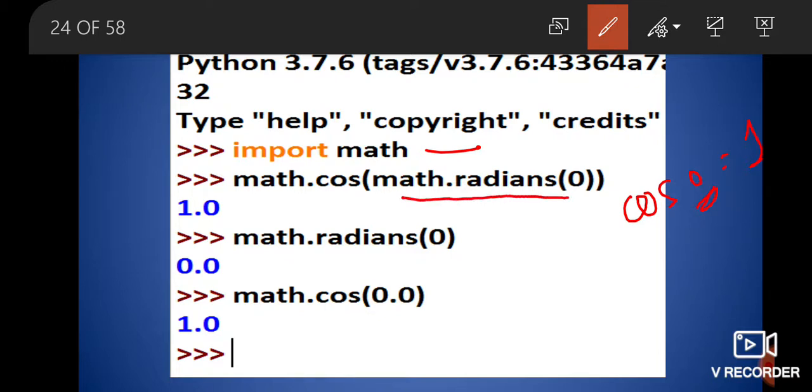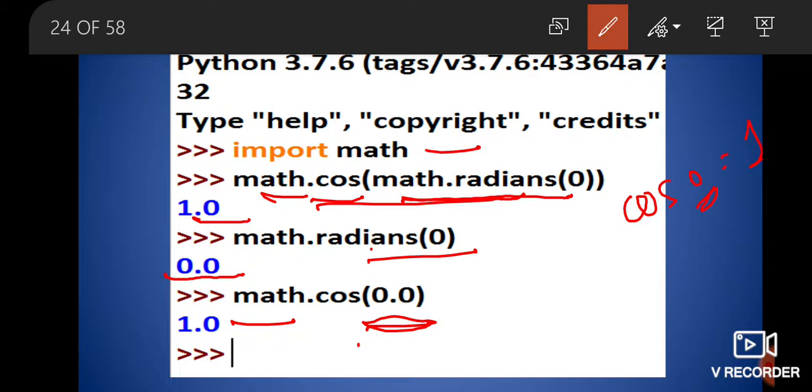So I made use of this function, and then I provided the result of this. Means after converting 0 degrees into radians, then I provided this to the cos function, and I am getting the correct result. Now here I have shown you कि 0 डिग्री को अगर हम रेडियंस में कन्वर्ट करेंगे तो आंसर क्या आता है। तो देखिए 0 डिग्रीज are represented as 0.0 radians। तो जब मैंने 0.0 डायरेक्टली दे दिया, तब भी मुझे वही आंसर मिल रहा है जो मुझे यहाँ मिला था। तो इसका मतलब आप इनको 2 स्टेप में करने की जगह एक ही स्टेप में कर सकते हैं, and you will get the required answer.